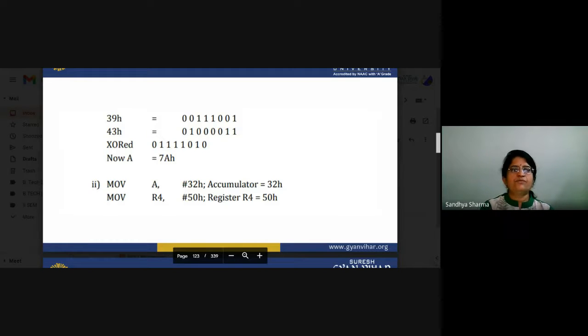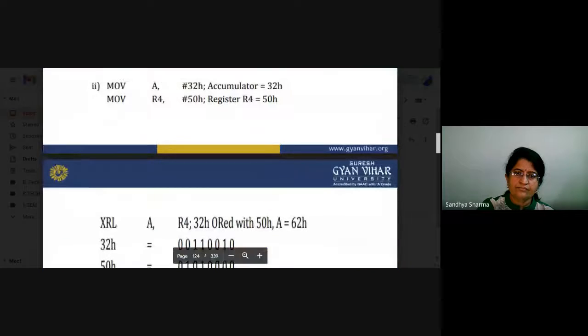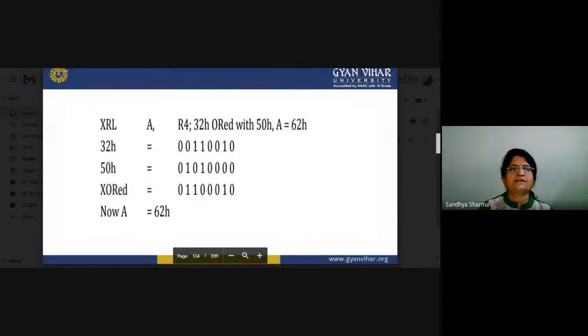Now second, move A, 32H to the accumulator, and move R4, 50H, register R4 is equal to 50H. Now XRL accumulator A with 32H XORed with 50H, and A is equal to 62H.